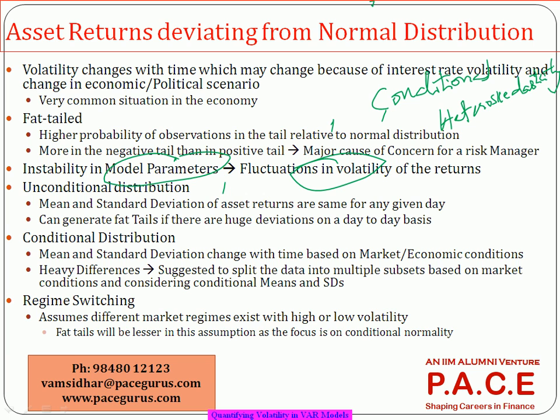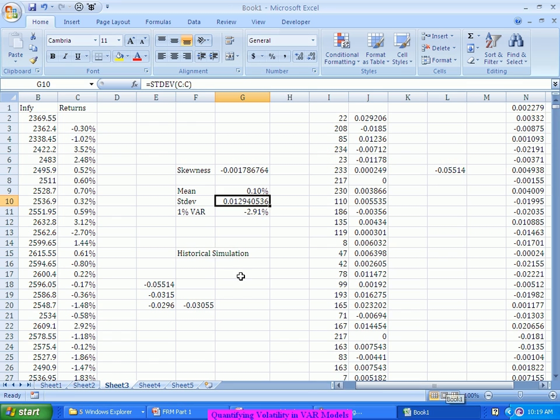Wherever we are observing such conditional heteroscedasticity existing, right? Probably on this data, if I just want to showcase that for you, let's say I'll take